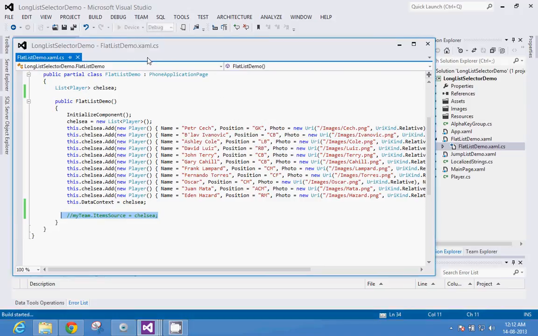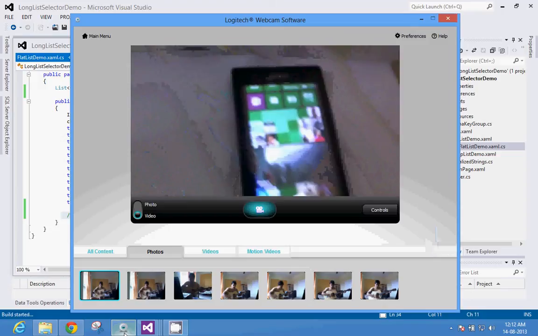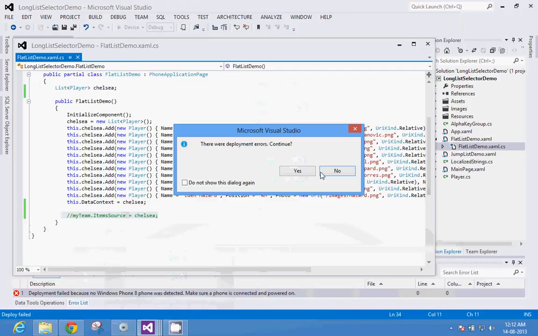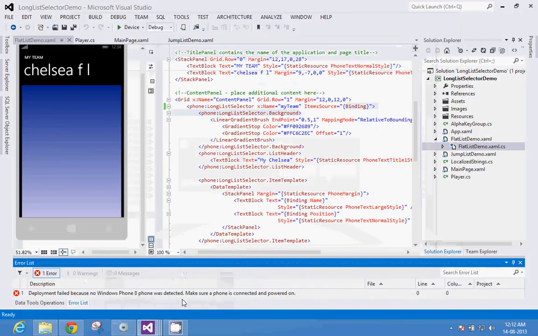I don't have emulators over here because I've got a real device, so we don't have to worry. Okay, we can go to the real device, oh, deployment failed. Let me check. No Windows Phone was detected, which is strange actually.